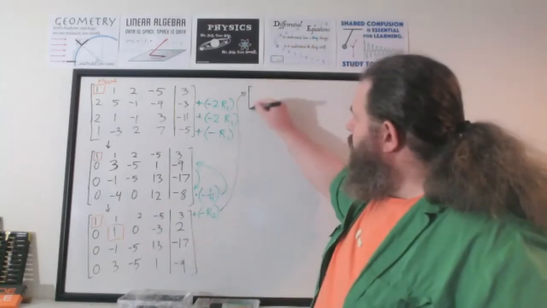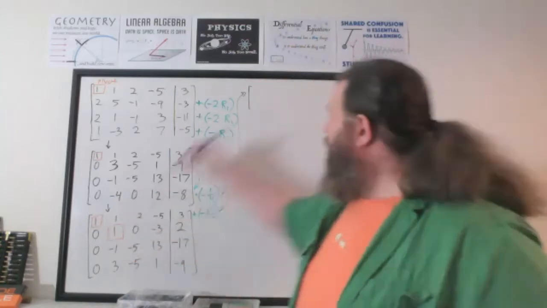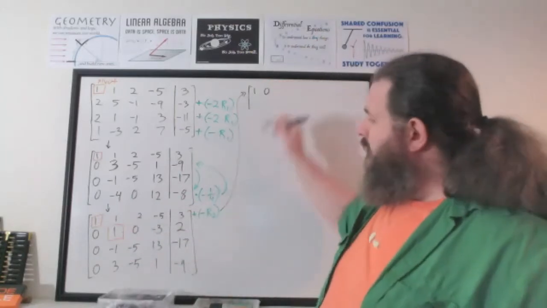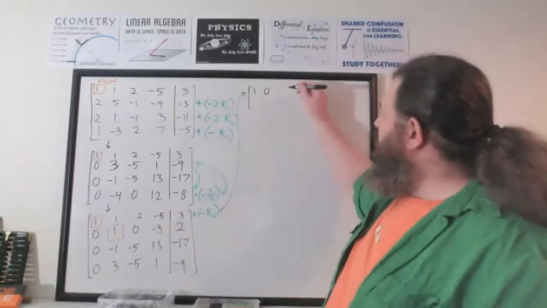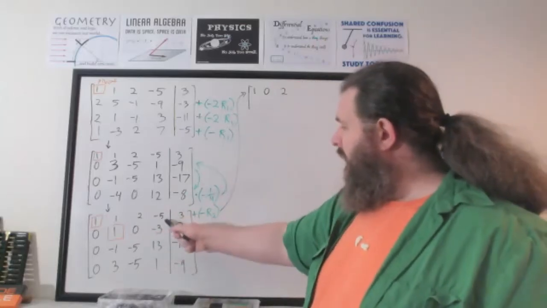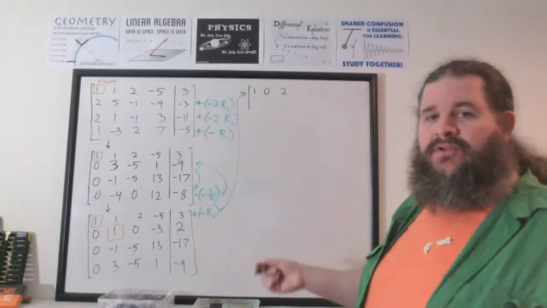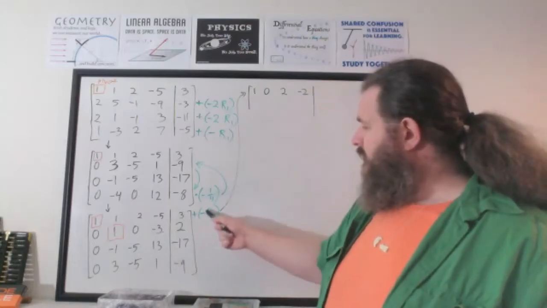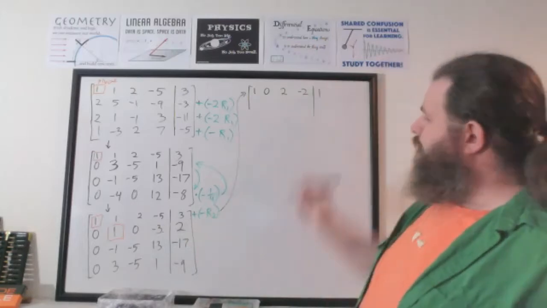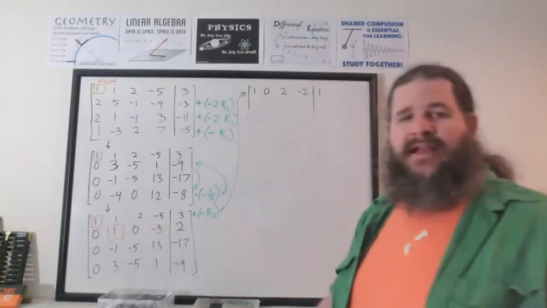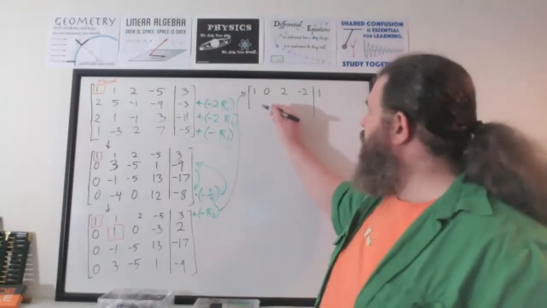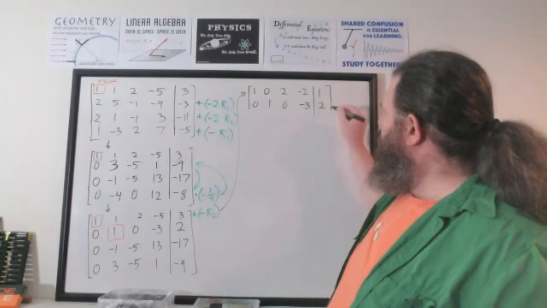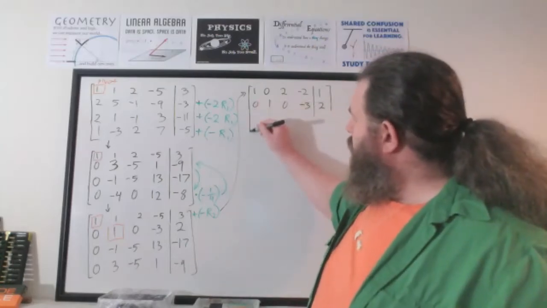First row, we're going to get 1 minus 0 is 1. That doesn't change. 1 minus 1 is 0. That's our goal. We wanted a 0 there. 2 minus 0 doesn't change. -5 minus -3 becomes -5 plus 3, so -2. And then 3 plus -2 becomes 1. Second row, we can just leave exactly as it is. That's the tool we're using to modify everything else. And then the third row,